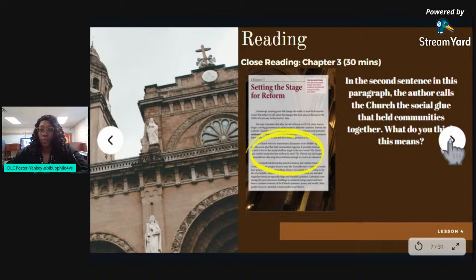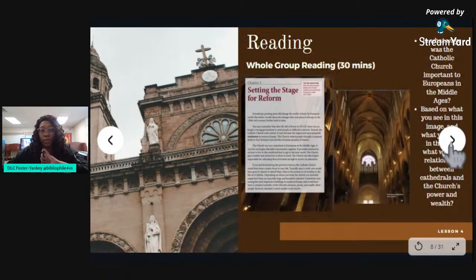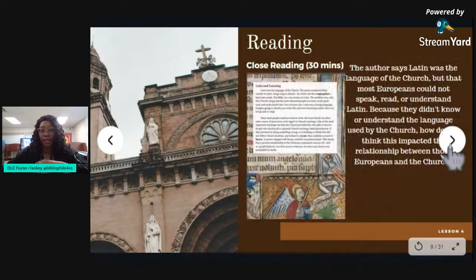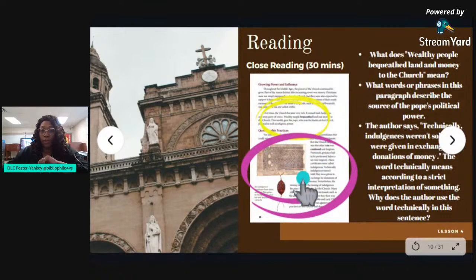Okay, so on the next couple of slides, I just have the text that the students are going to be reading. Just to bring to your attention, they're not rereading the entire text. They're only reading certain parts, and then the teacher is posing questions. So I've included the pages and the questions that the teacher will be asking for this component of the lesson. Sometimes they reread a whole page and the teacher asks a question, but most of the time it's just parts of the pages.